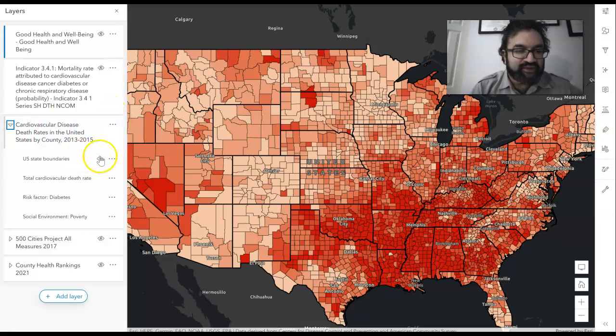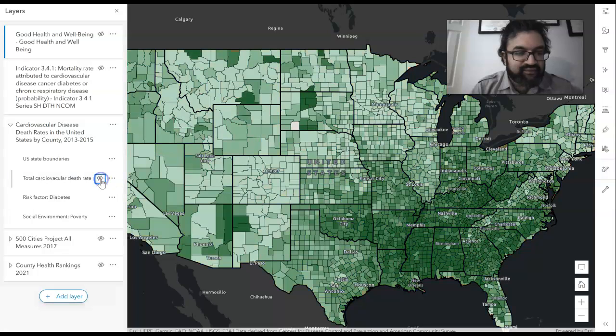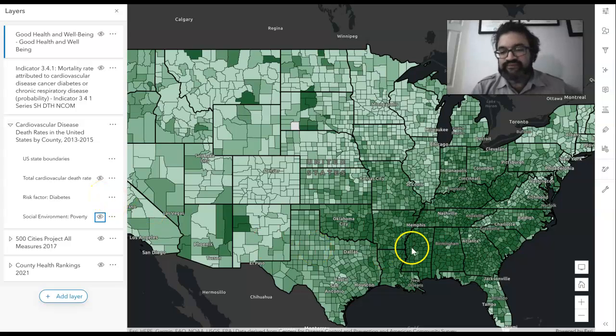Over here, what I'm going to do is make the cardiovascular death rate dormant. And now we can see the risk factor of diabetes. Let's take a look. If you recall some of the same areas,